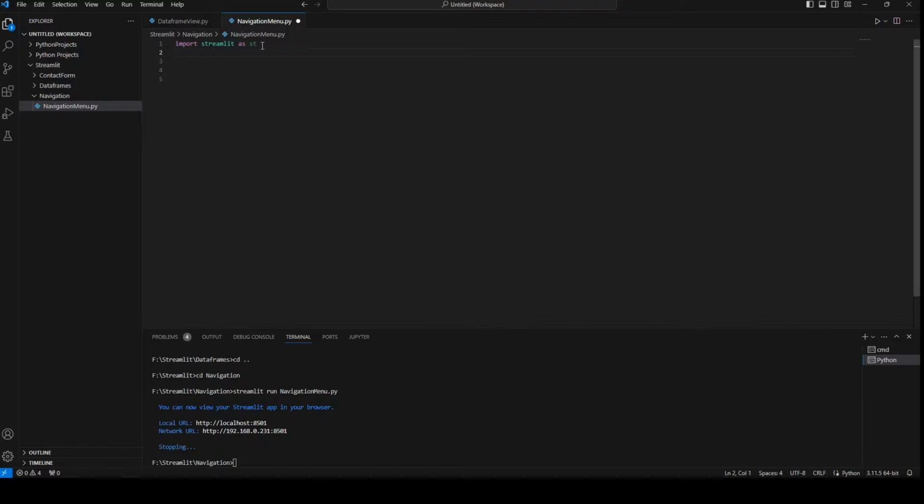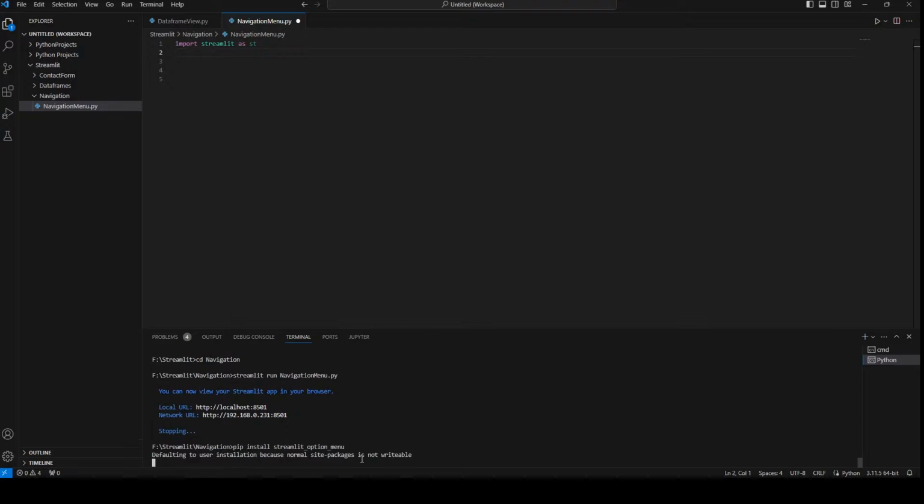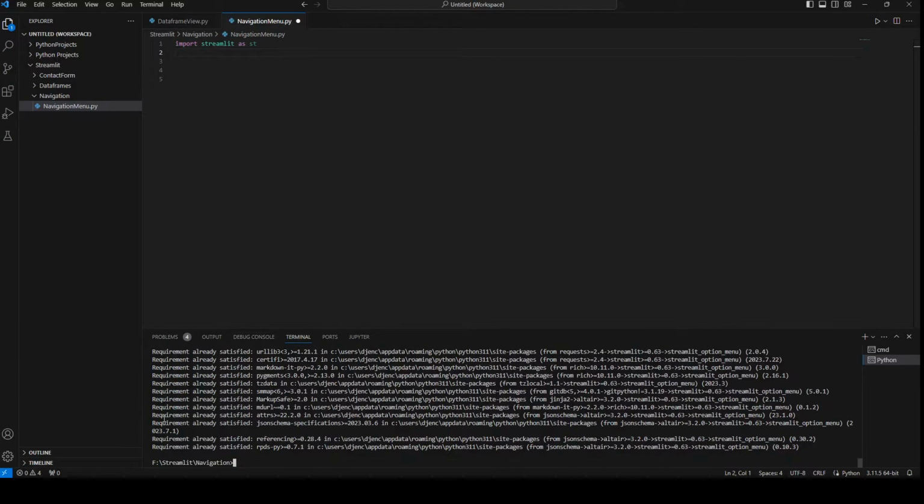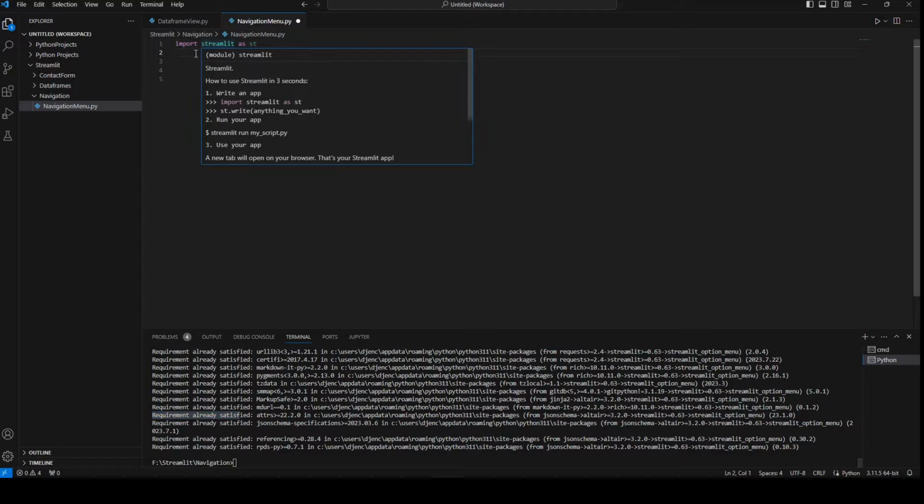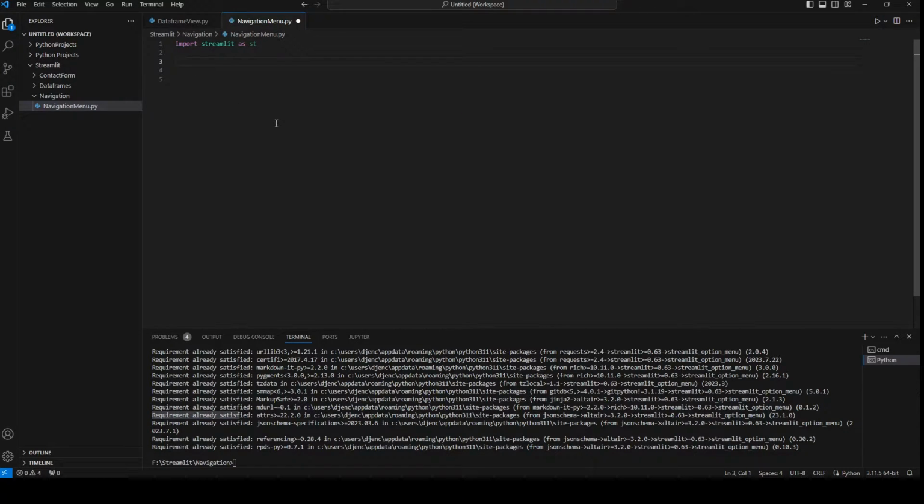If we haven't installed Streamlit option menu, we need to write pip install streamlit option menu, and we need to write that in our terminal. I already have it installed, so it's not going to reinstall it. It says requirement already satisfied. So we're going to import from streamlit_option_menu, we're going to import option_menu,